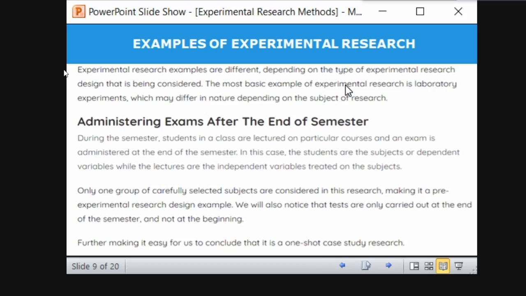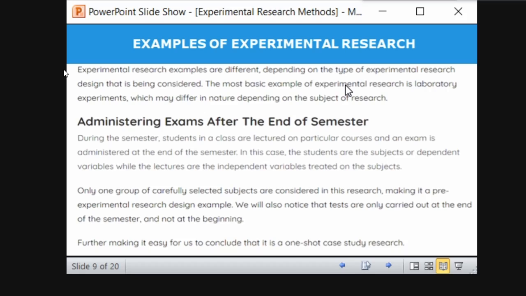One shot means only one test is administered, after the end. Simple. When you administer a test before as well, that will be pre-test post-test. Here you are administering it at the end only, so it falls into the one shot category of research. So your example is the best example for pre-experimental design. You study the course in the 3rd semester, and after the 3rd semester you write an examination. Based on the knowledge you gained from the lecture, you reflect the performance in the marks on the examination. This kind of study is an experiment that falls into pre-experiment, in the category of one shot case study.